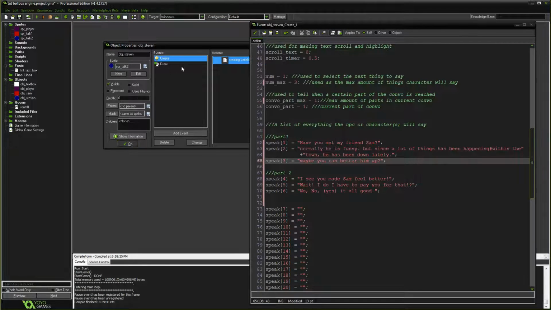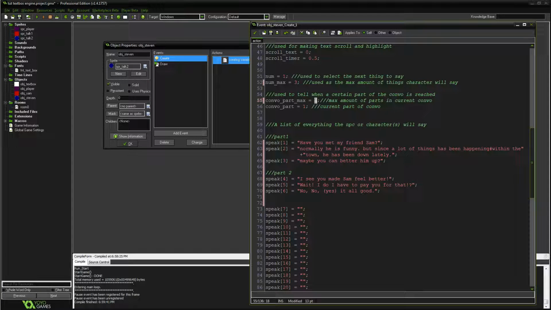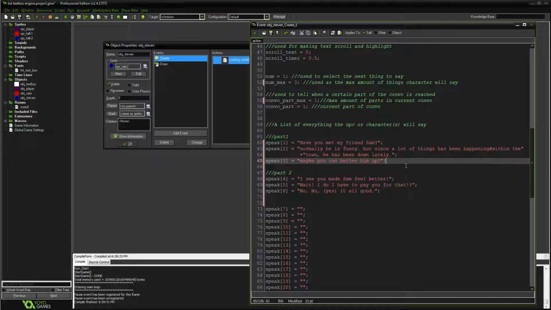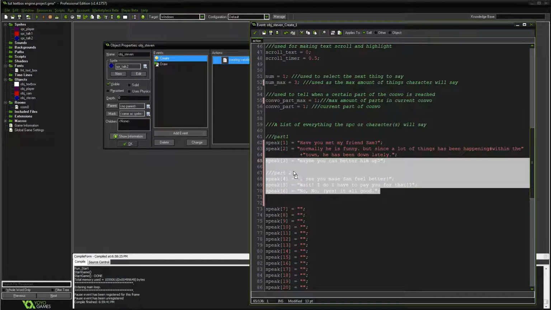So let's go ahead and make sure that's actually correct. Why is that correct? Because right here, we only started at 1. Even though it has 2 parts, we're only going to make sure it stays at 1. So it's only going to repeat up to sentence 3. That's it. And it's going to keep repeating sentence 3, all the way up to sentence 3. Then when you talk to Sam, it will automatically unlock.